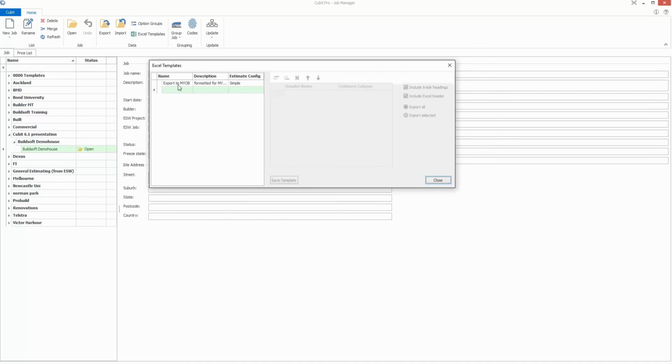Now what you can do is set up different templates to export information out of Cubit into Excel containing information that you need. So for example, earlier I've set up an option here to export data to MYOB. So I've given it a name here on the left-hand side. And then over here, I've set up information to say which columns out of Cubit we want to export into